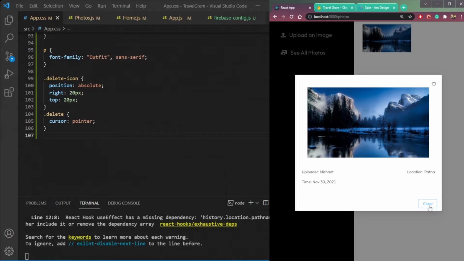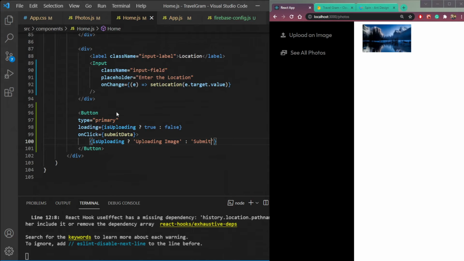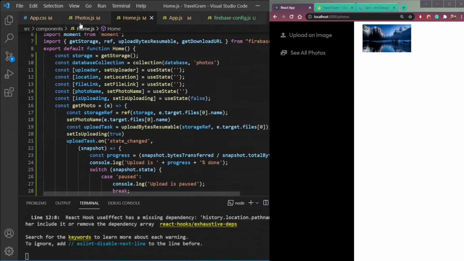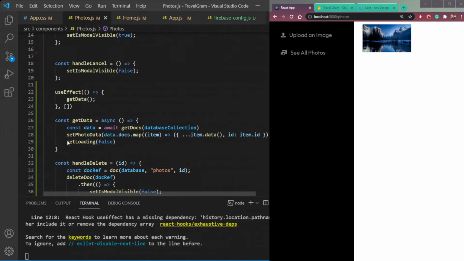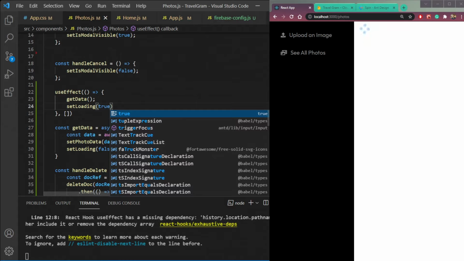Fine. But one more thing, if we refresh, we are having some problem in the loading, so it takes some time to get data. So in this photos.js, we can just set in this useEffect, it should be true. So if we refresh, this should be true. So let's try.